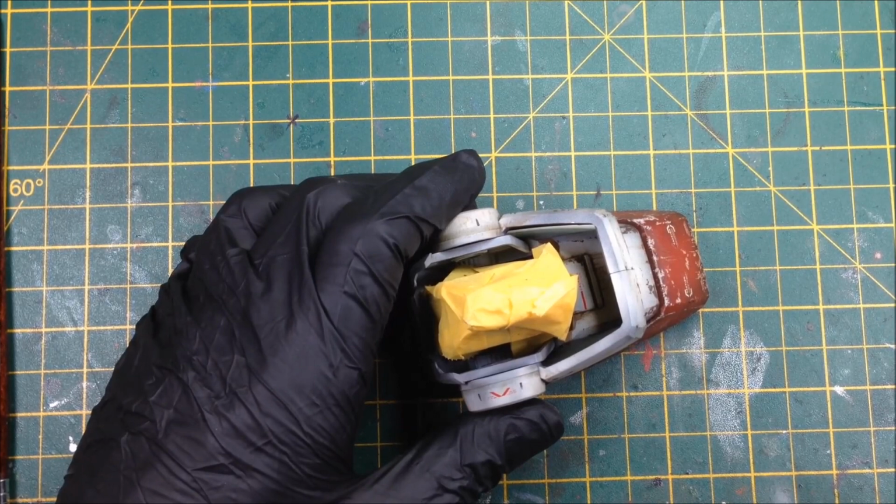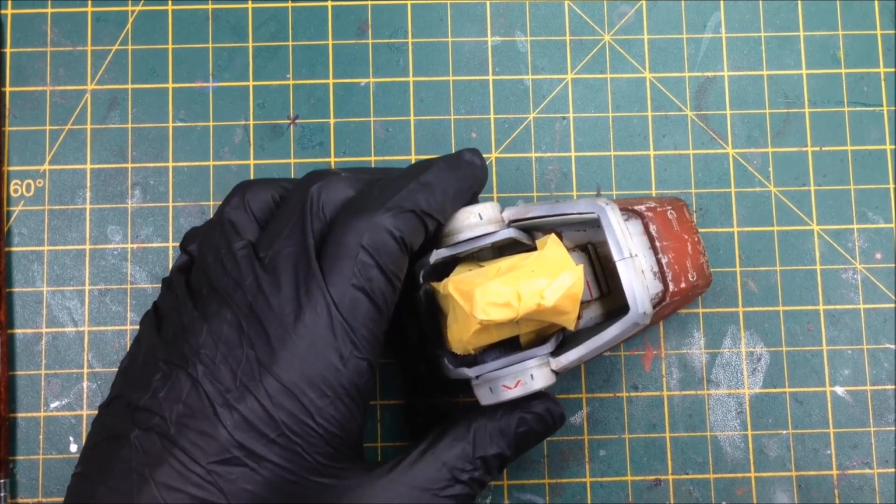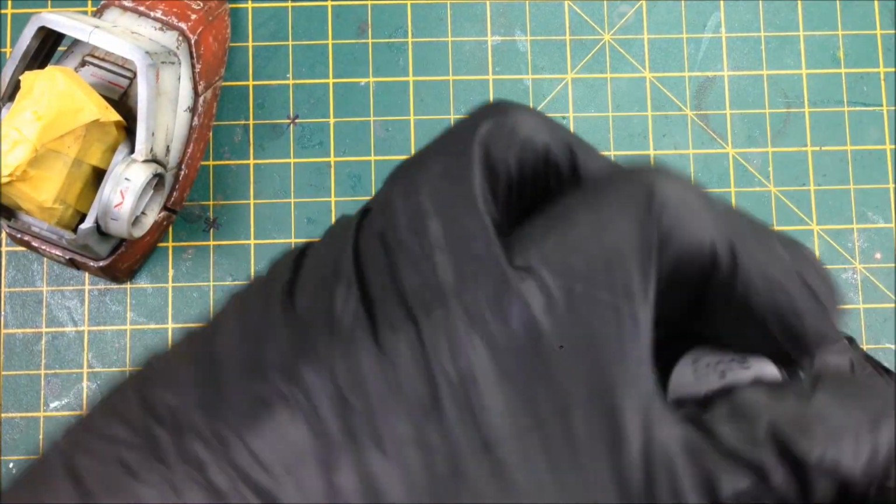Right, so now we're going to use the engine grime. Now this is a much darker colour. Give it a good shake. This is...